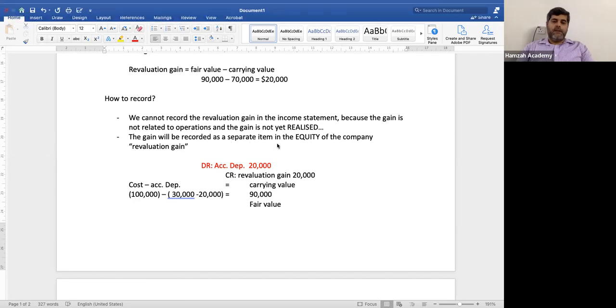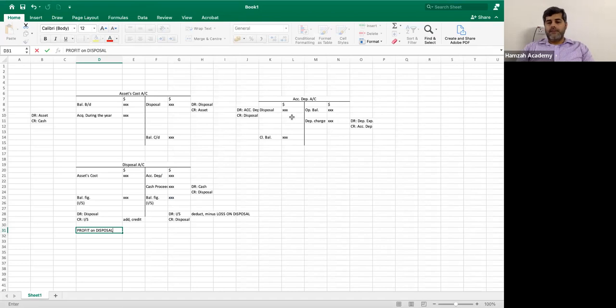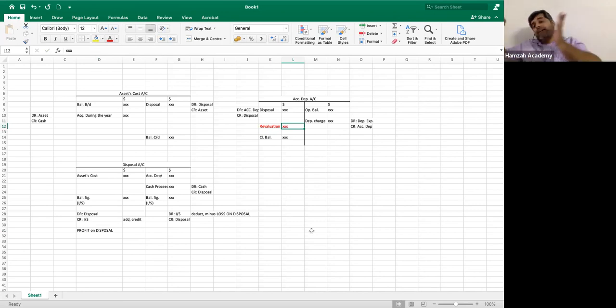What does it mean now? If we go over here into our accumulated depreciation account, where we have the disposal, closing, and all, if we have the revaluation, then the revaluation gain is going to be recorded here if we are maintaining separate accounts for the cost and the accumulated depreciation. If we are maintaining the separate accounts for the revaluation and all,